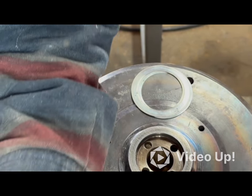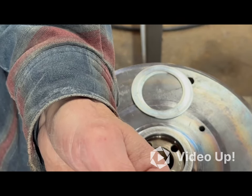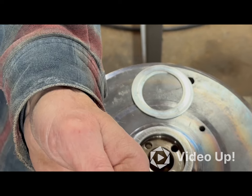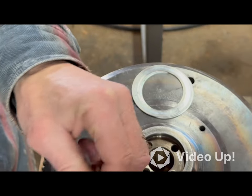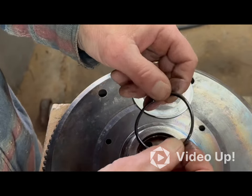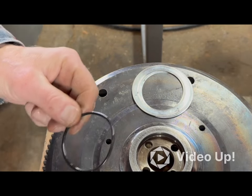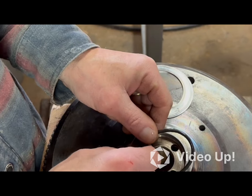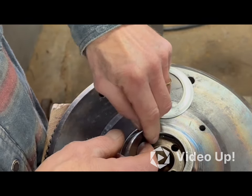Even though some of the books don't really have a specific way to install these rings, they just say install the ring. A lot of the videos I've seen, I don't remember right now if they talk about putting oil on this, but in my mind, this is an essential step to have some oil on these rubber seals, so they don't bind up, get pinched, wrinkled, or so they can sit freely in there